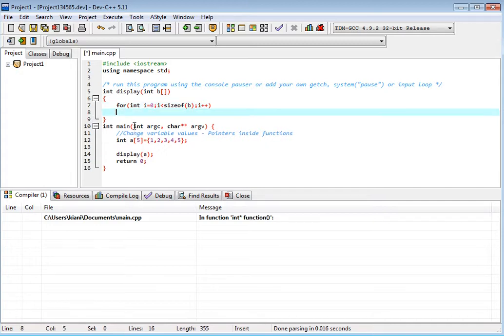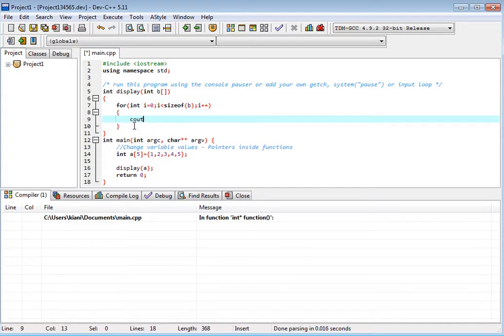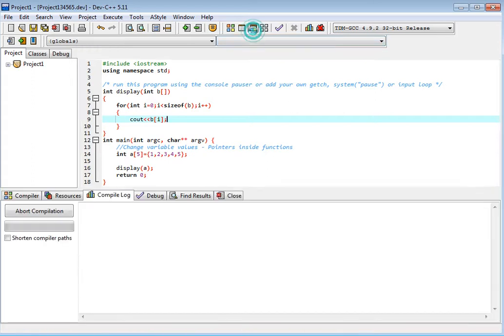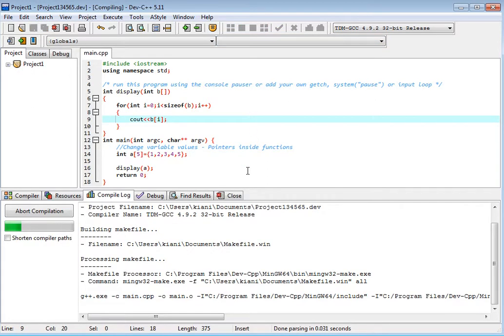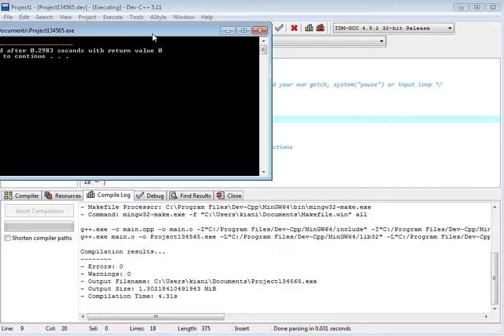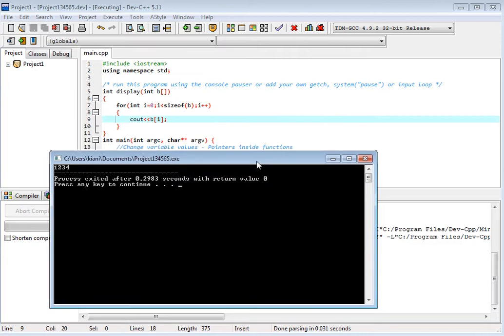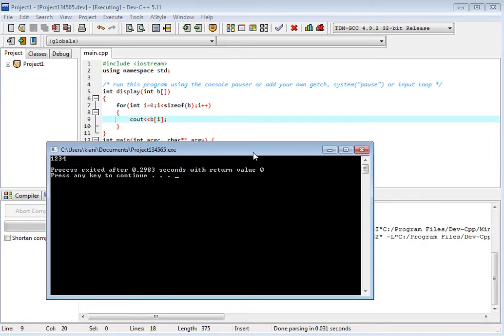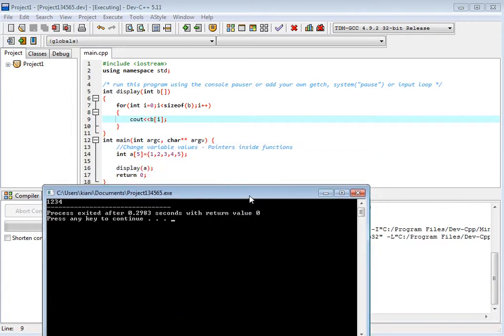And we have cout and the value at B. We will print this. Okay, let's compile this program. You see 1, 2, 3, 4, because that is less than size of B. So less than or equal to. Okay, so 1, 2, 3, 4.